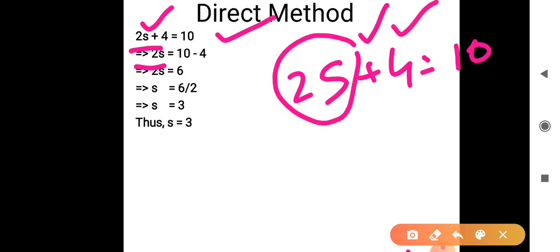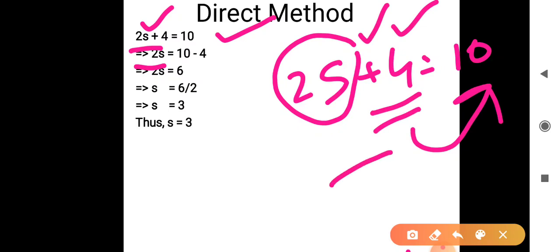But is it possible to just remove it by vanishing it off? No, it's not possible. So what is the rule? The rule says if you want to remove any number from these particular values, you can do it, but the condition is you can take it only towards the opposite side of the equal sign. So if it is in the left hand side, the opposite side is right hand side. So thus I have taken it to the opposite side.